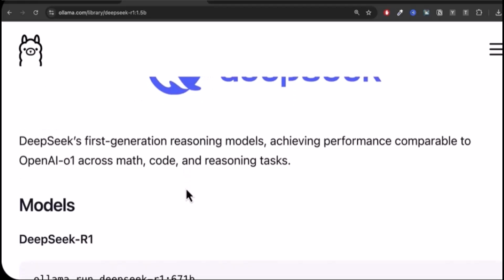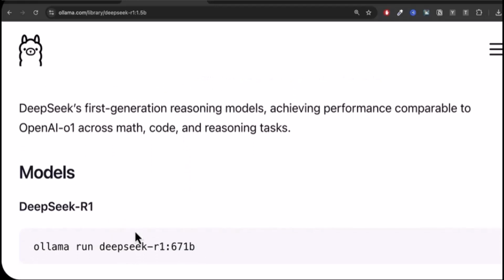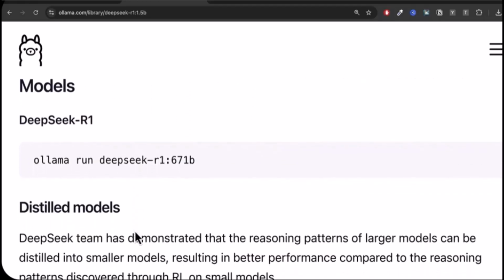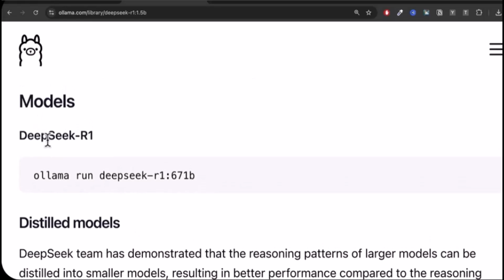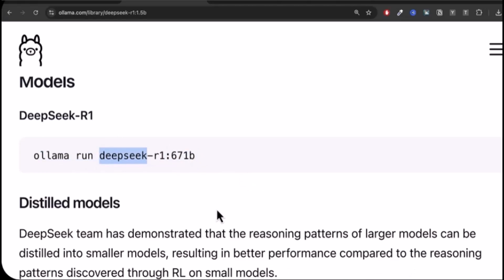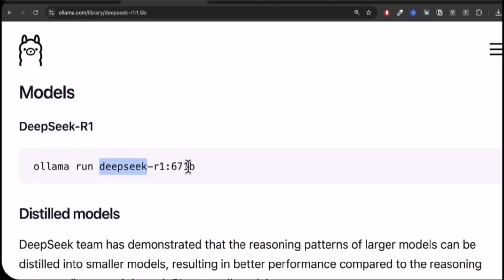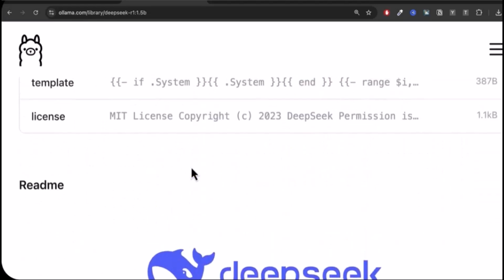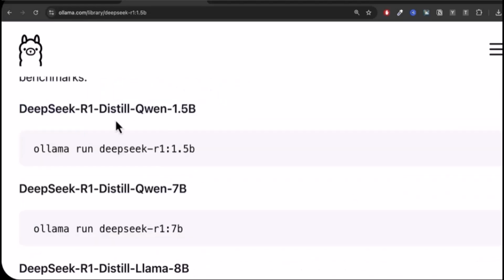If you scroll down, you can read more about it, and most importantly, you can read about how to run it, and this is the command you will run to install DeepSeek. In this case, for DeepSeek R1, this says 671, which is not what we want, obviously. So I want to go down and find this one,